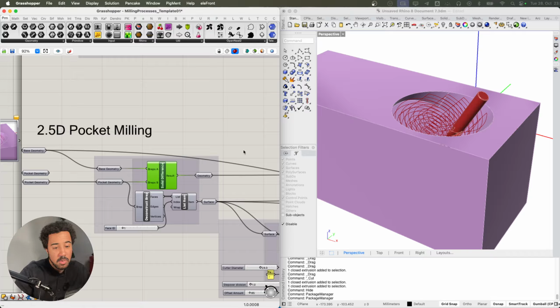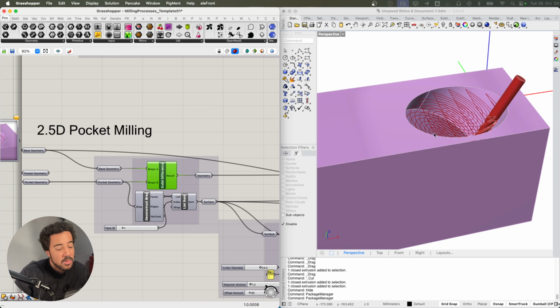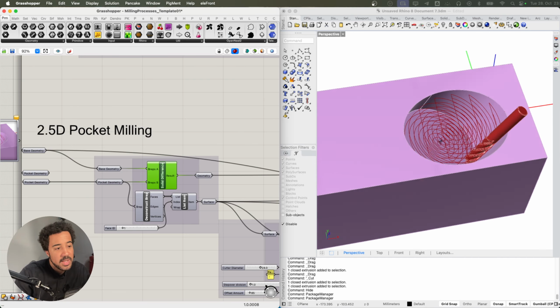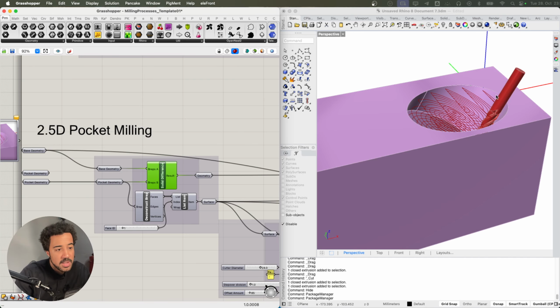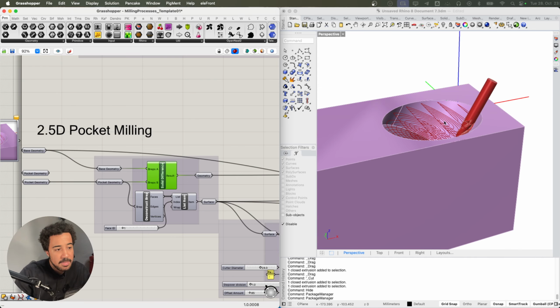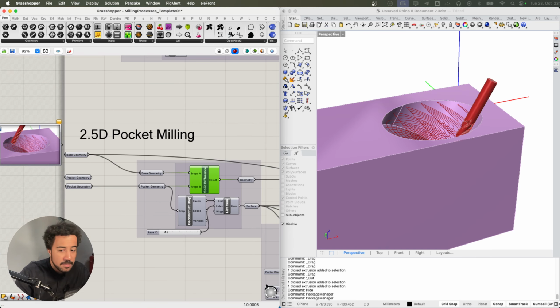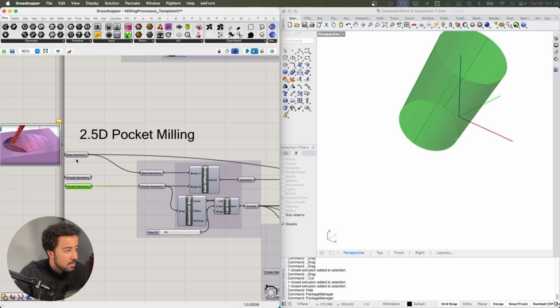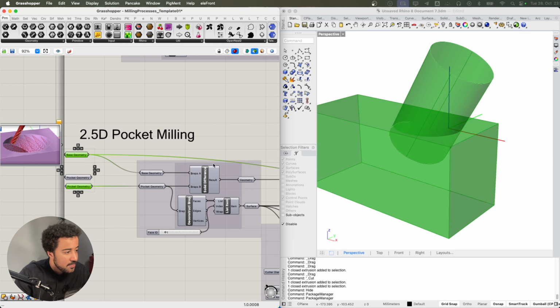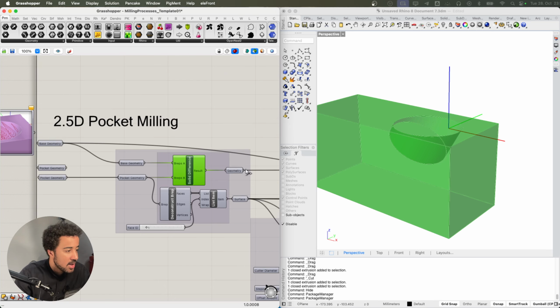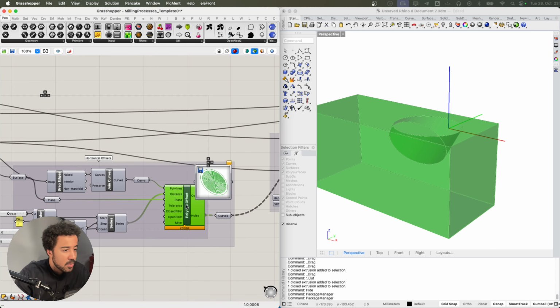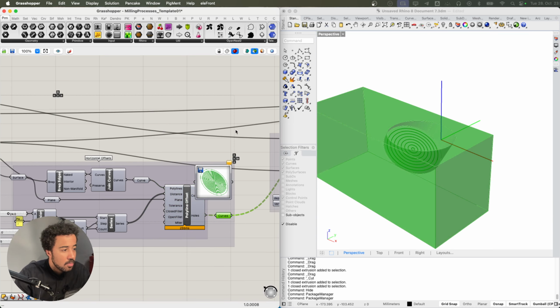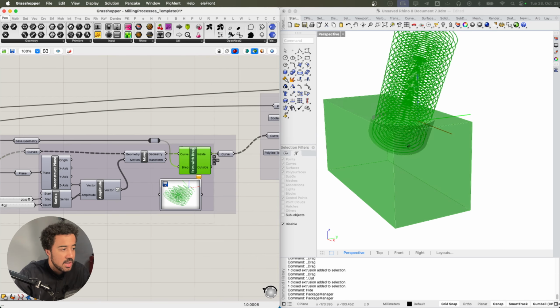But in this video, I will just go over a simple toolpath of how we can create the horizontal offsets, these concentric offsets, but then also the vertical offsets that allow us to cut at steps of a specific depth. We have a base geometry, which is this rectangular 3D geometry right here. We have a pocket geometry, which is our negative geometry that is subtracted. And we use this to then create our solid difference, create polyline offsets, which we then offset in the vertical direction.